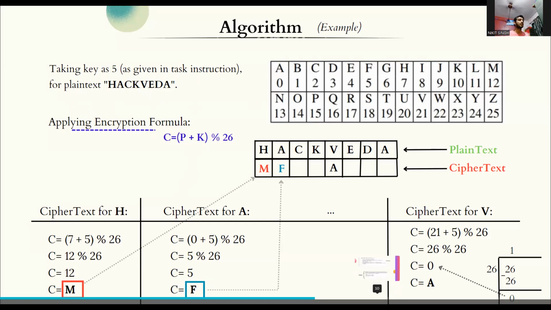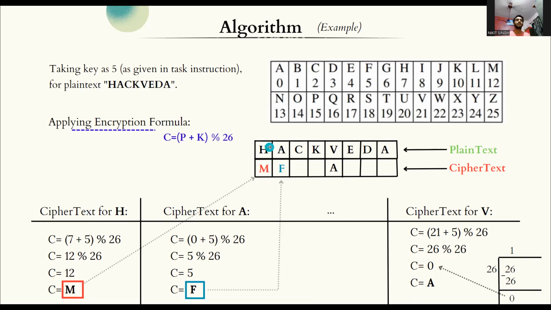Okay, so here I have this hack weather as a plain text, and I have to find the cipher text for all that particular individual letters of plain text. Now here, for getting the cipher text of letter H, I'm applying the encryption formula, and here the plain text, the number for the